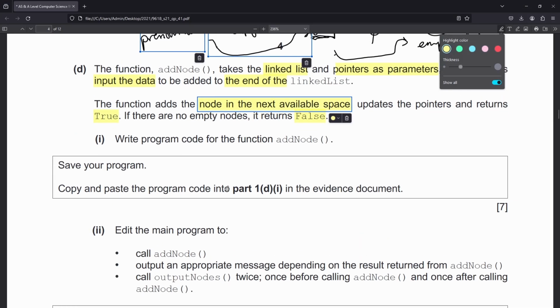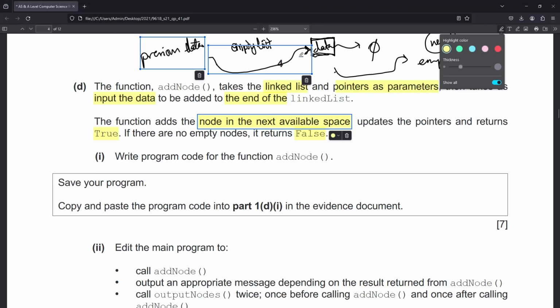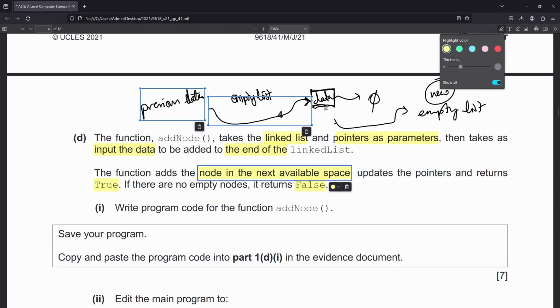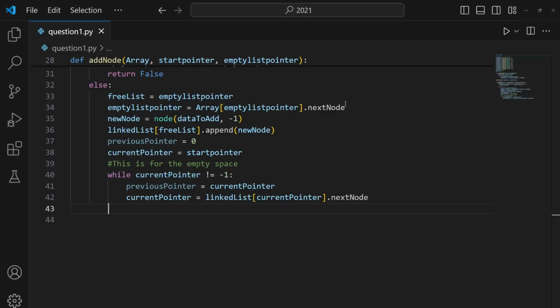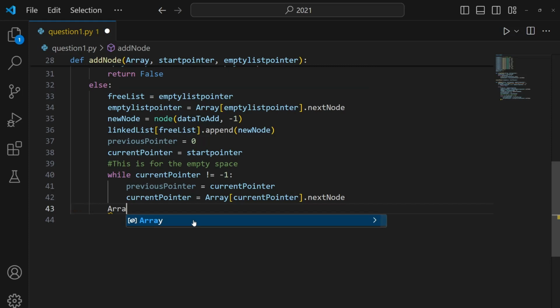Once that is done, what we want to do is now update the pointers. This data over here is going to be pointing towards the next empty list, and the previous pointer is going to point towards the new data that we're trying to add. So I want to use the local one once again. I made a mistake again and again. So in my case, the array's previous pointer dot next node